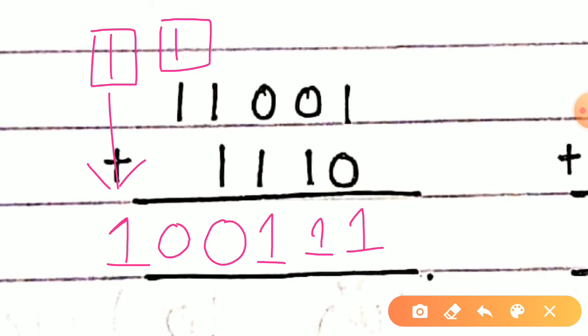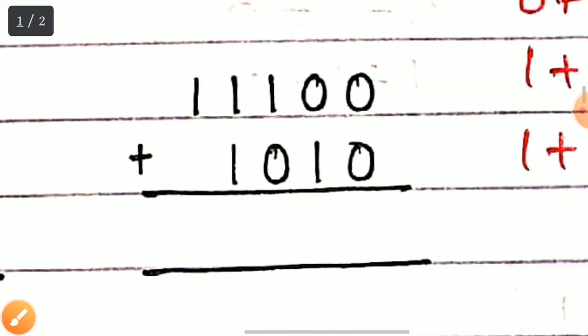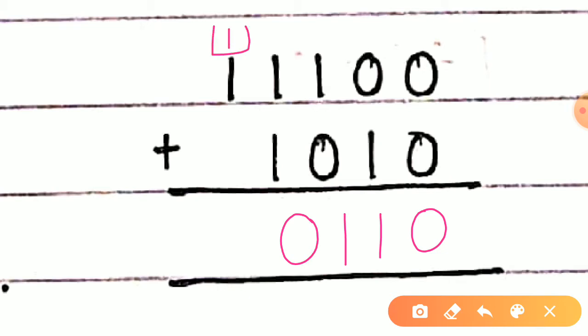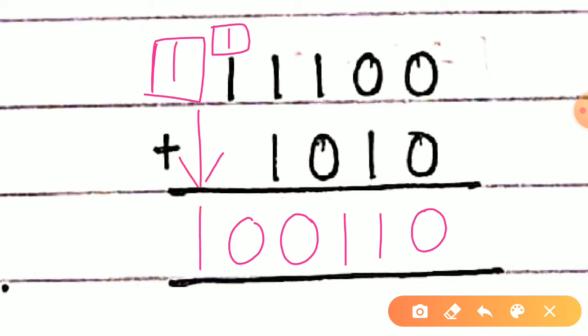Okay. Now see the second one quickly. This is your second example. Now see 0 plus 0 we are having as 0. 0 plus 1 we are having 1. 1 plus 0 is 1. 1 plus 1 is again 0 with a carry 1 on the left hand side portion, right? So again 1 plus 1 we are having 0 with a carry 1 on the left hand side. Nothing is there on the left hand side, so this 1 will be dragged downwards, right? So this 1 0 0 1 1 0 is your second answer.